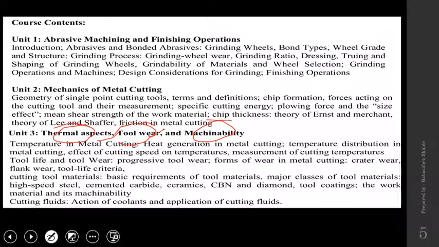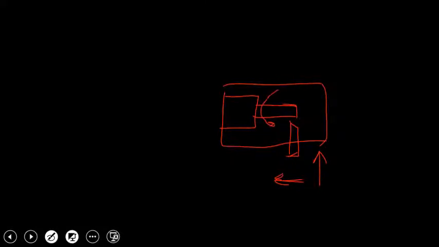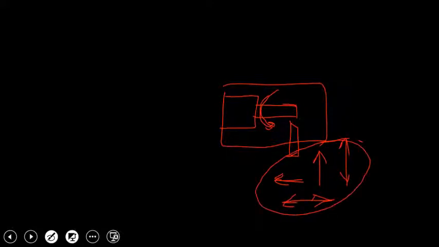We know that if you want to have a desired shape in terms of accuracy, when you are converting that raw material into some desired product with the help of some cutting tool, we are going to have two motions for the cutting tool and one motion for the workpiece. Workpiece is going to have rotary motion and cutting tool will move in this direction as well as in this direction. And those two motions are going to decide the dimension of the object.